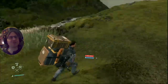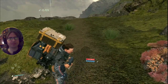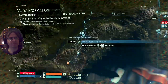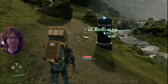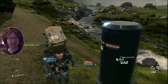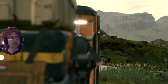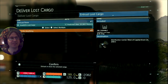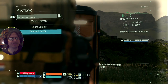And it's still on the floor! You know, it'd be accidentally deliver some other stuff. Like, how much weight am I carrying? Okay, I think we might have accidentally delivered all of the stuff, even though I clicked only deliver that. I think it delivered all of the other lost cargo, and I didn't want to do that, but whatever. Okay, so...